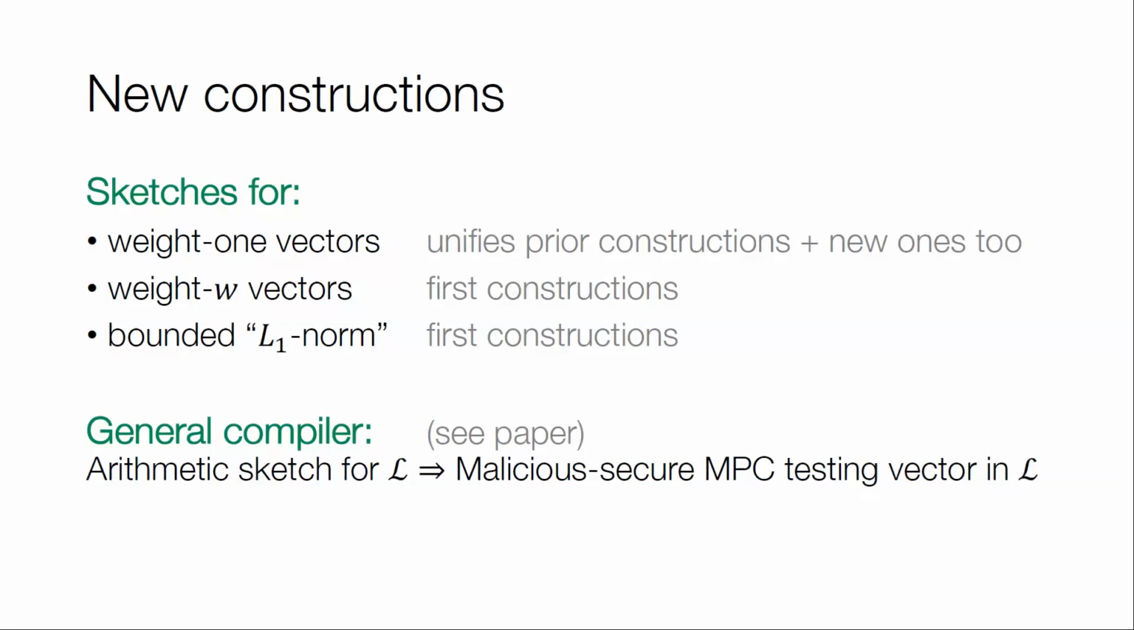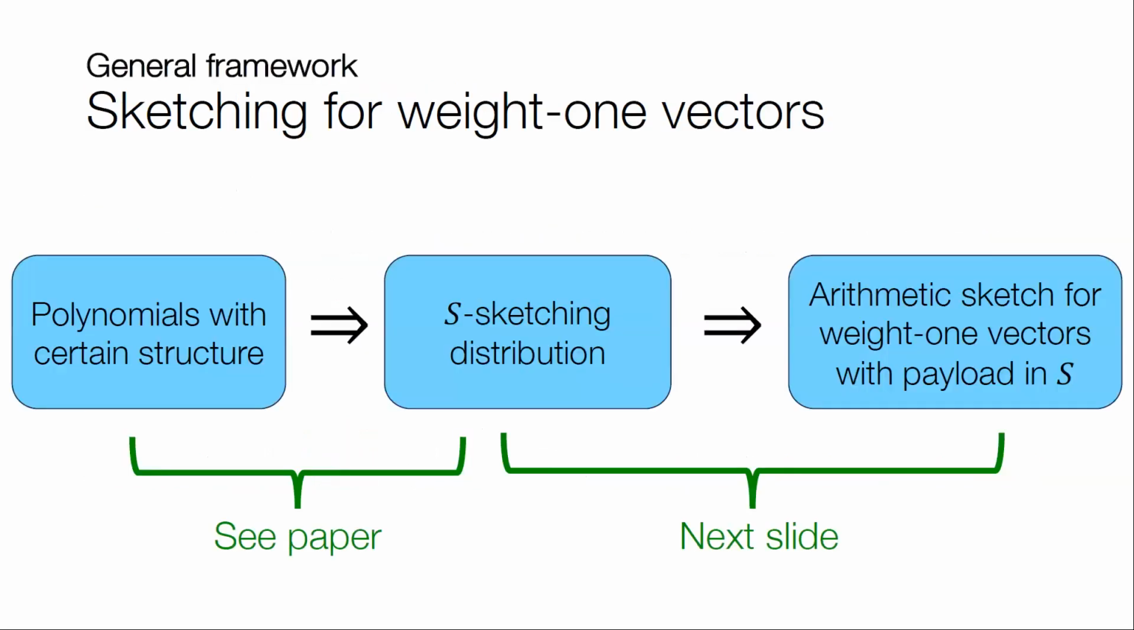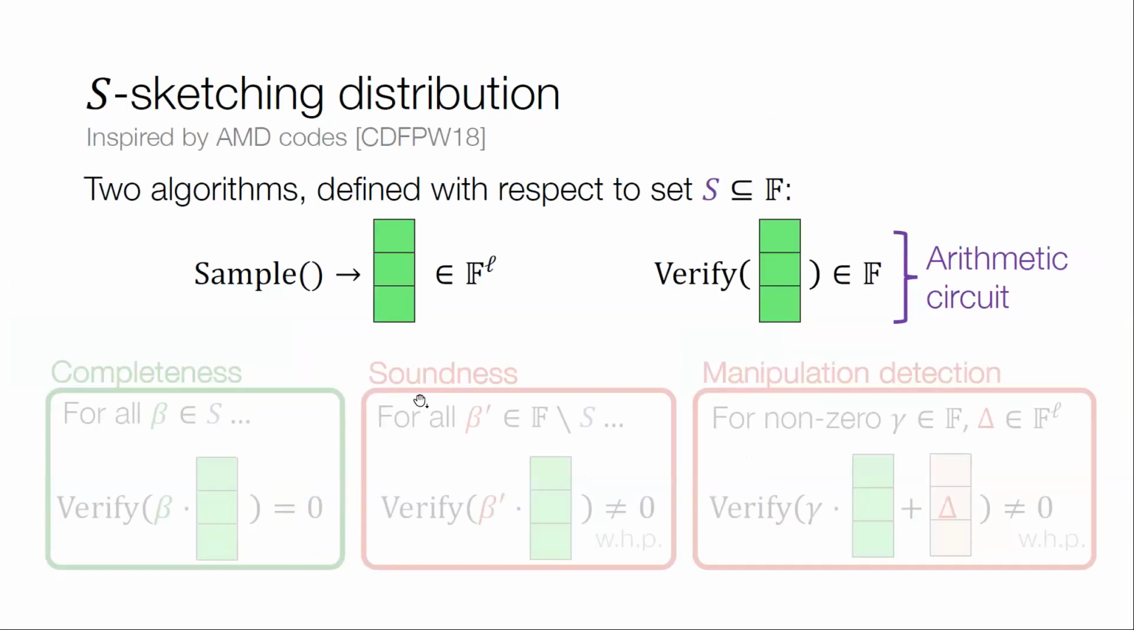The other thing we do, that I won't talk about, is show how to get malicious security for this kind of MPC compiler. So let me start with the weight 1 case. We give you a recipe for constructing sketching schemes for vectors with weight 1, where the payload, or the non-zero value, lies in a certain set. And the way we do it is,